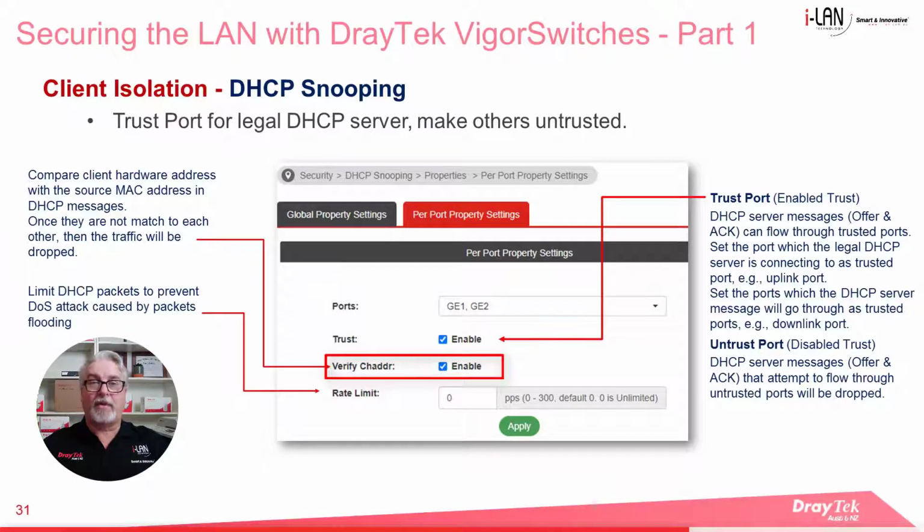Enabling Verify CHADDR will compare the client hardware address with the source MAC address in DHCP messages. CHADDR, or maybe CHAddr if you prefer, is just an abbreviation for client hardware address. If they don't match, then the packet will be dropped. We can also set up the rate limit to prevent a denial of service attack caused by DHCP flooding.